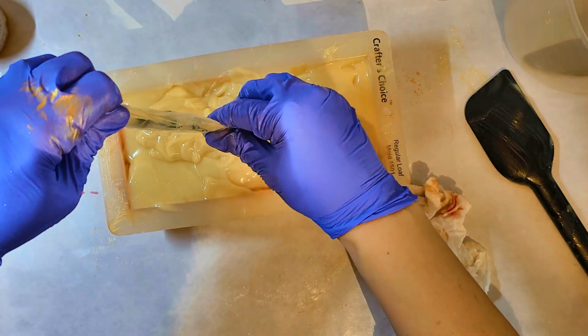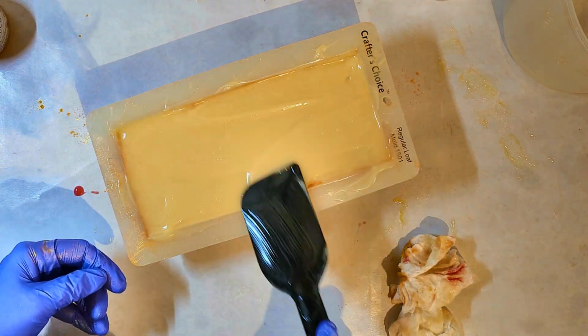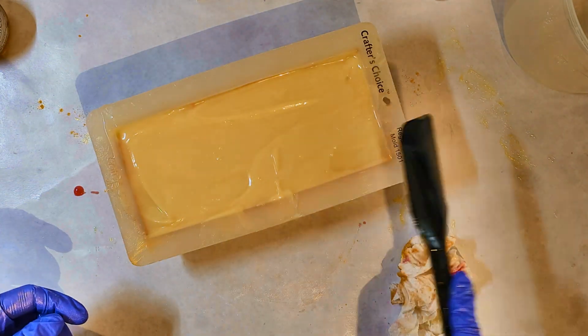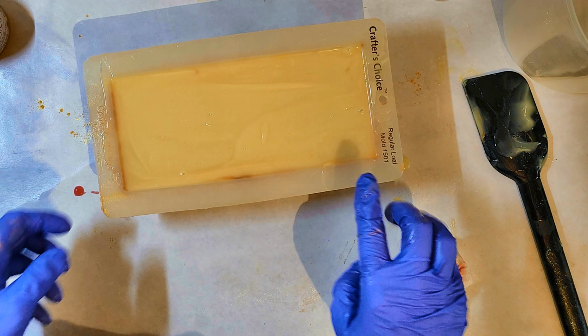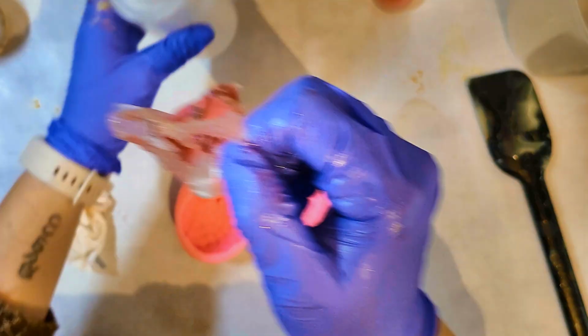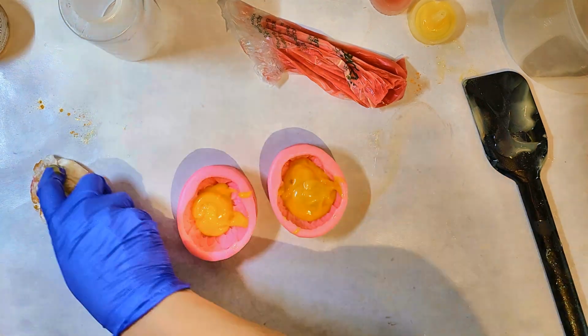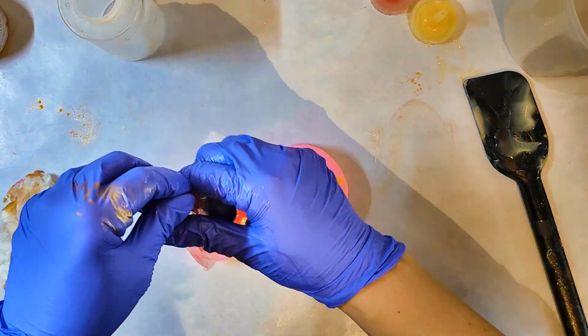As you can see what I mean here, where I had to take the bag out and squeeze it out. But I really only did that for the actual main batch with the white color. The other colors I just used to have in my little small owl and bee bars. It was kind of a messy process because, like I said, I was squirting it out pretty quick, but it cleaned up pretty nice. And so here's my little owl molds,